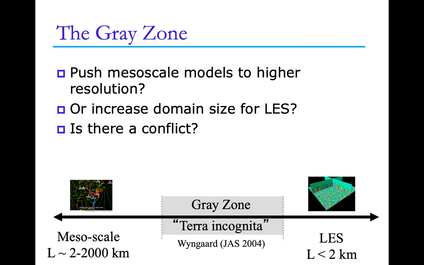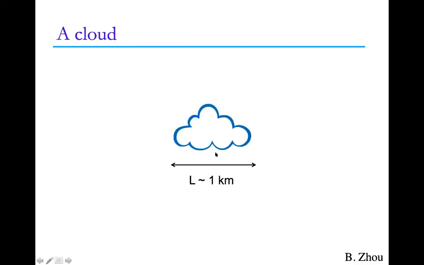So to describe the gray zone, I think it's really helpful to think of a feature of interest that you might be interested in simulating. Maybe it's gap flow in a particular mountain range, or the wake of some structure that you're interested in, or maybe it's a cloud or the boundary layer depth. So we'll just use a cloud here as an example of an atmospheric phenomenon that we're interested in representing. And this cloud, say, has a length scale of 1 kilometer. So how does this cloud get represented in a model? It depends on what the grid resolution is.